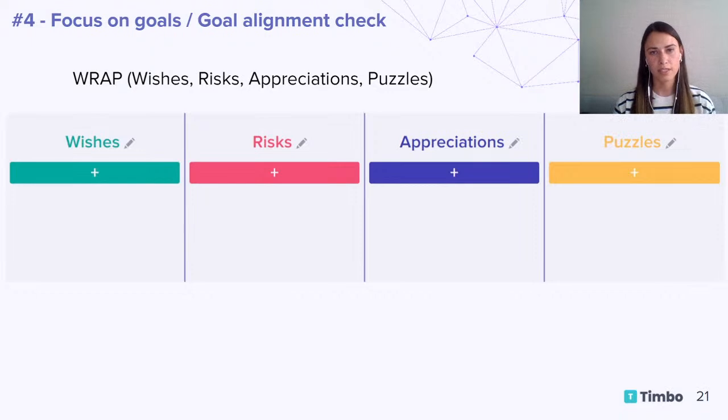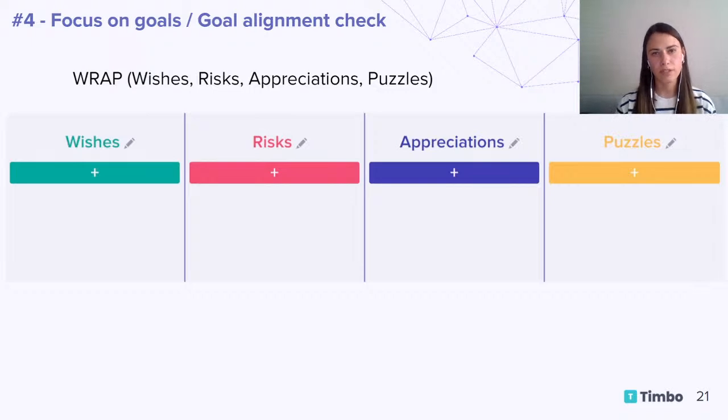And this technique will help you again to look at the risks, which is very important when you're looking at some goal achievement, and puzzles, those things that don't help you. At the same time, it has wishes and appreciations that will help your team to give their own